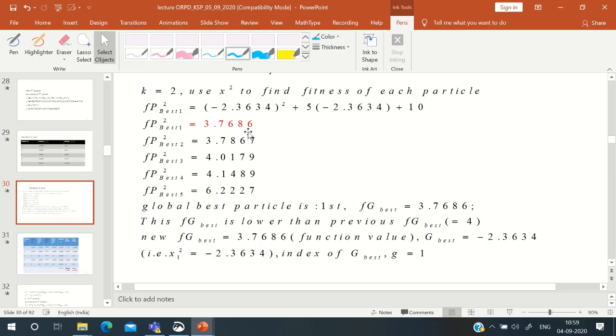So in the previous iteration, the third particle was the global best, but now the global best is changed and the first particle is the global best. So the index of the global best particle is 1, roll number is 1, right? And corresponding to this G-best function value, what is the x value? The x value you obtain is minus 2.36. This is the G-best value at the end of third iteration,